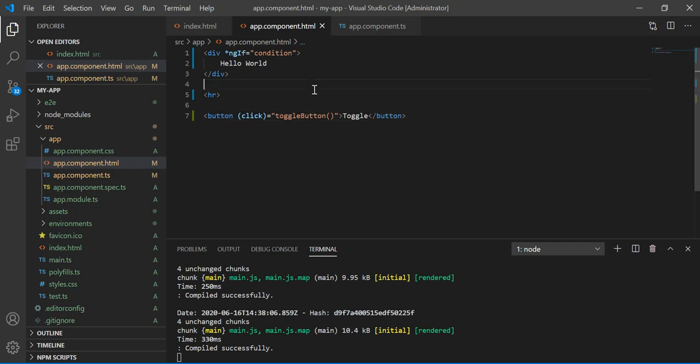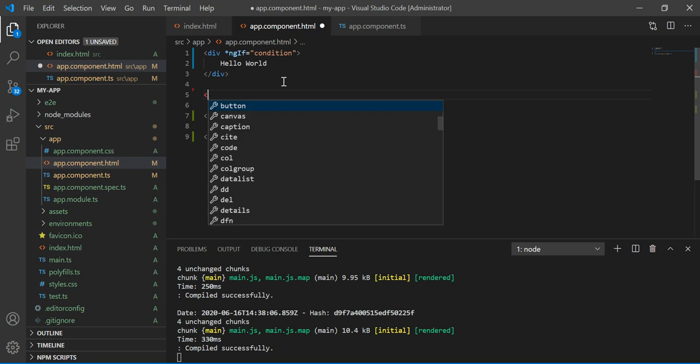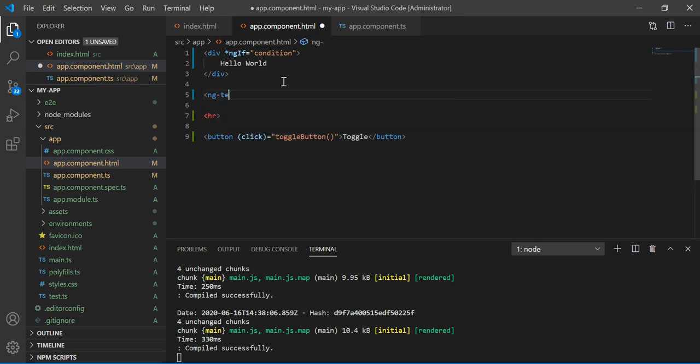So this is how, if this condition is true, then only this div is inserted inside the DOM, right? Now we'll see if this condition is false, then we can have another block instead of it, right?